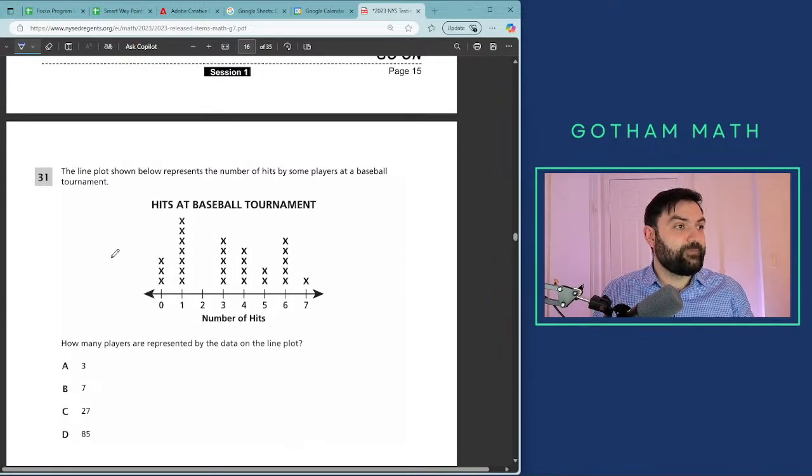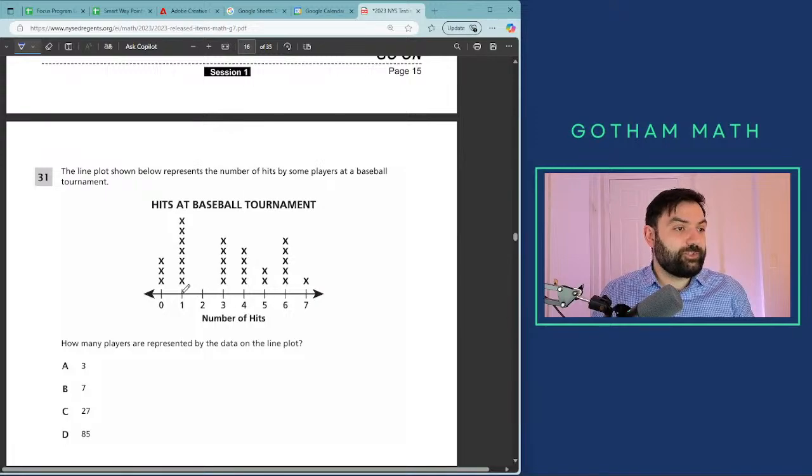All right. The line plot shown below represents the number of hits by some players at the baseball tournament. Okay, so we have a line plot. All right, so how many players are represented by the data on the line plot? So